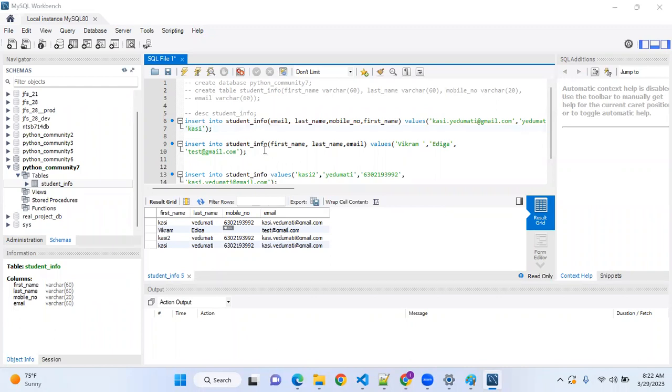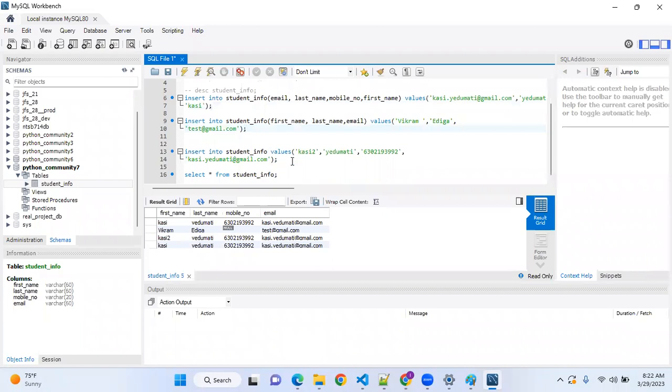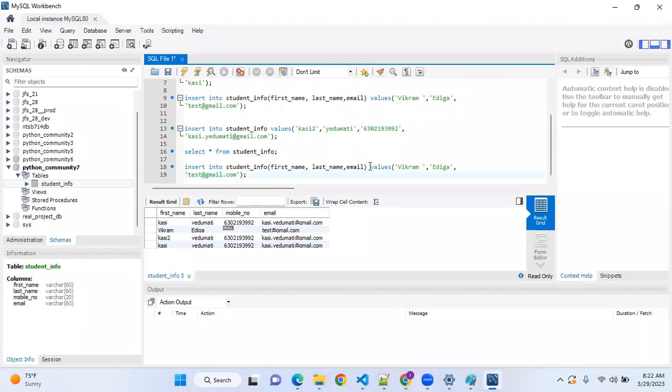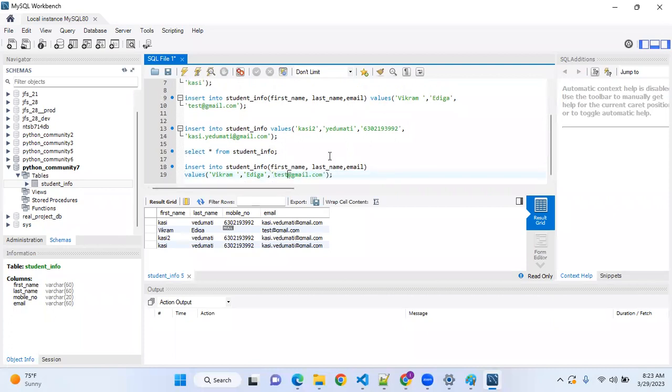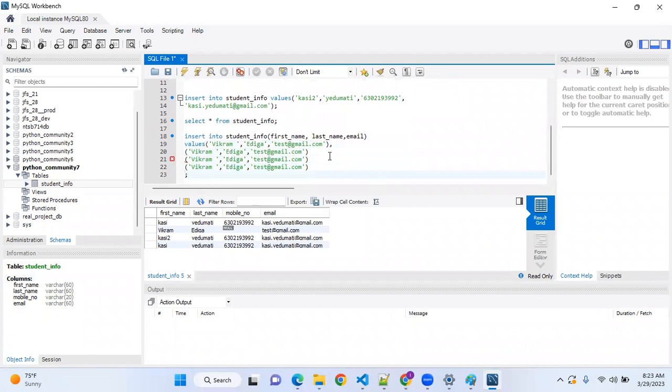Next thing is, I want to insert multiple records at a time. I don't want to use insert into multiple times. I want to insert all the records at a time. Then you can go for multiple records. Insert into, values of, you can give comma separated values, all the values, and so like this, you can keep on giving the comma separated values.